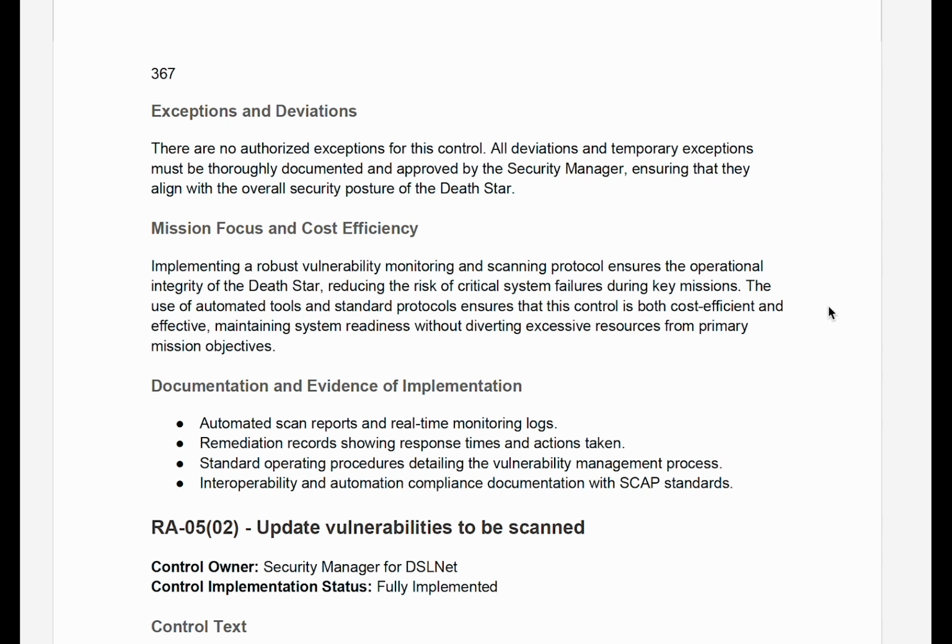We have to keep our focus on that, and security needs to support that mission, not interfere with it. So, a section for each control, at the very least, think about how does each control contribute to the mission. It doesn't interfere with the mission. And then the cost efficiency part, right?